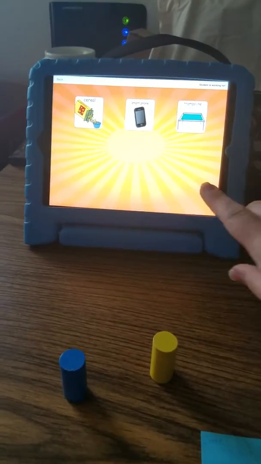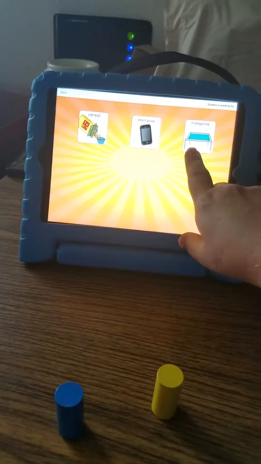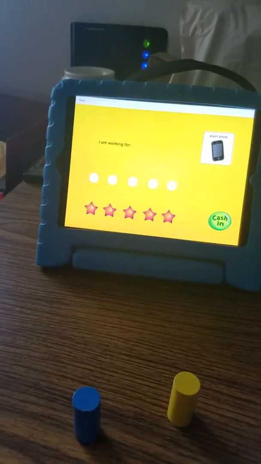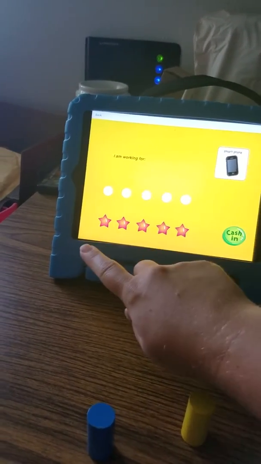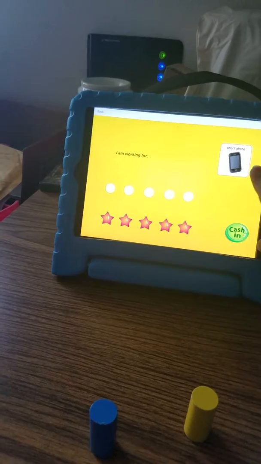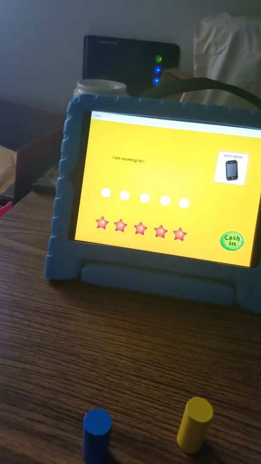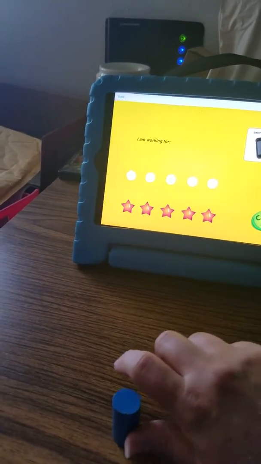So in my classroom, I use an app called Working For. Rewards are programmed in and students are able to make a selection of what reward they want to work for. I do groups of 5 in preschool and then a reward time and then do a second set of 5. So if the student chose iPad, it says smartphone, I call it iPad. So if they're choosing technology for the reward, then we'd get that set up first and then I'd provide them